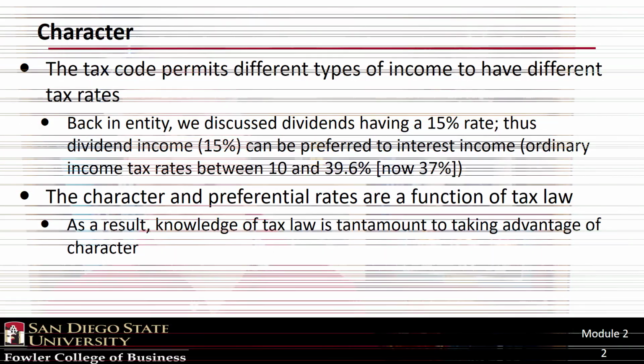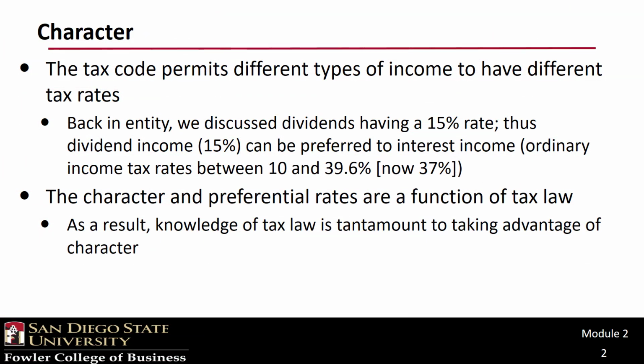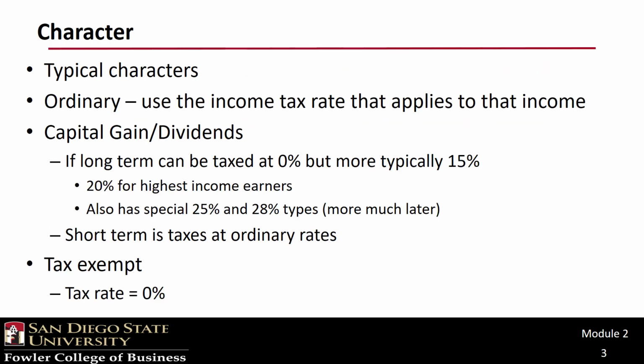This is the last out of 4 planning variables, and good news, we've even already discussed some of the issues associated with this variable. You're going to see some familiar old friends like tax-exempt interest. The tax code does in fact permit differing tax rates on different types of income. We know, for example, that interest on state and local bonds is tax exempt. We have also learned that qualified dividends are taxed at 15%. Both of these represent characters that can be exploited by taxpayers with the correct knowledge.